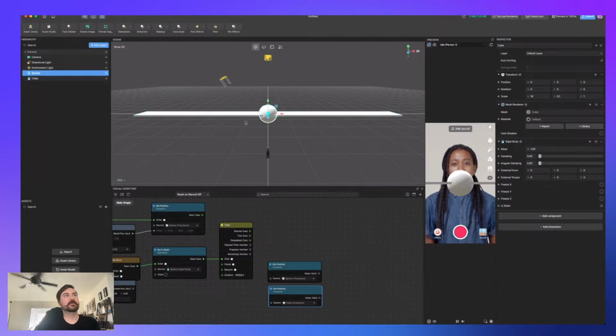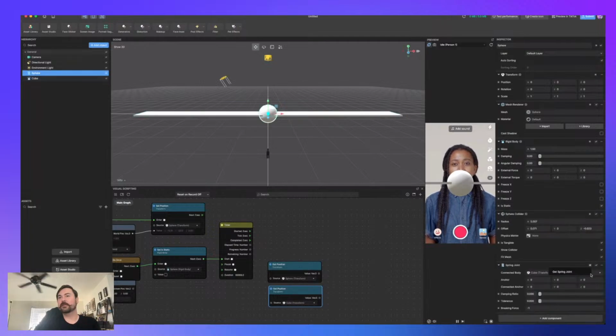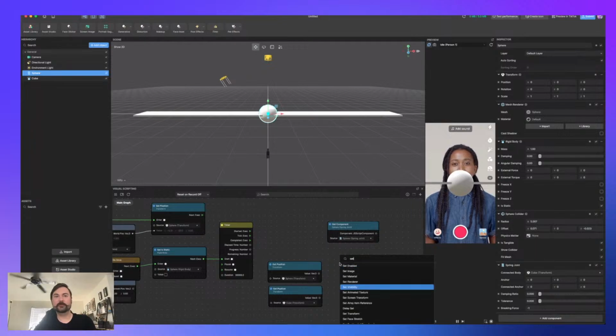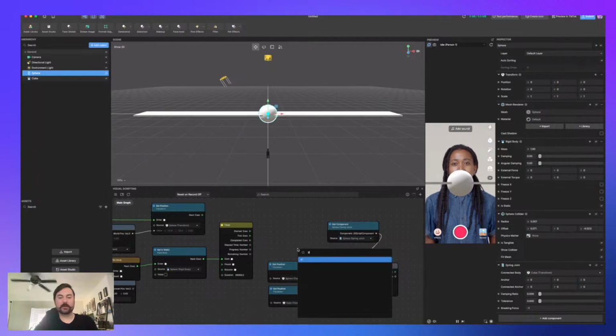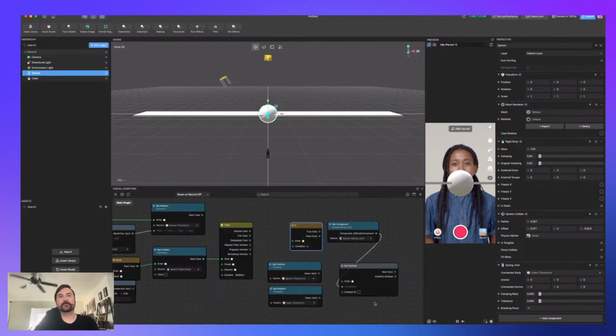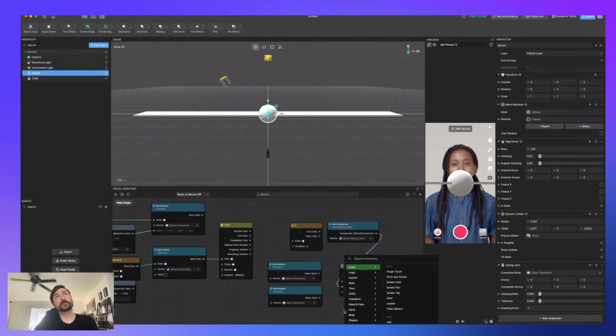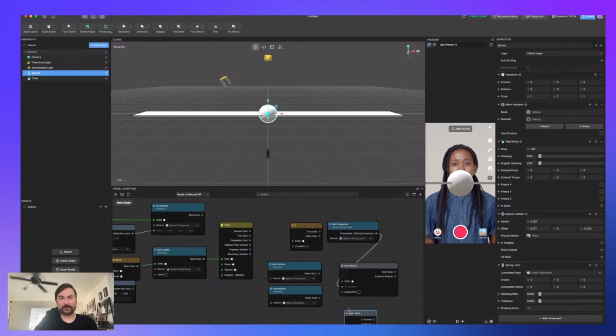So let's go there and get spring joint. Okay, yeah. And then set visibility, or no, set enabled. Okay. So then we plug this spring joint into here and we say we want it to turn off if the sphere is above the cube. So then we need some splits.